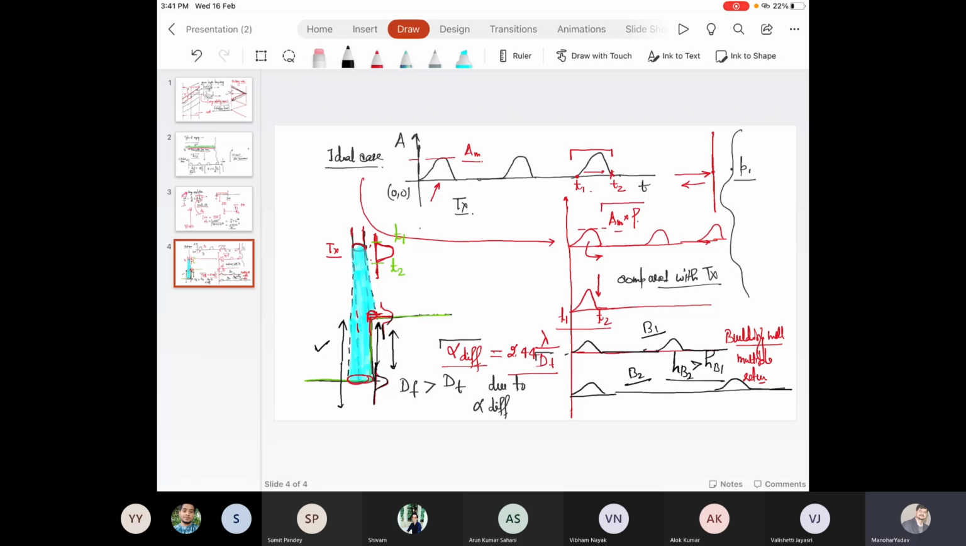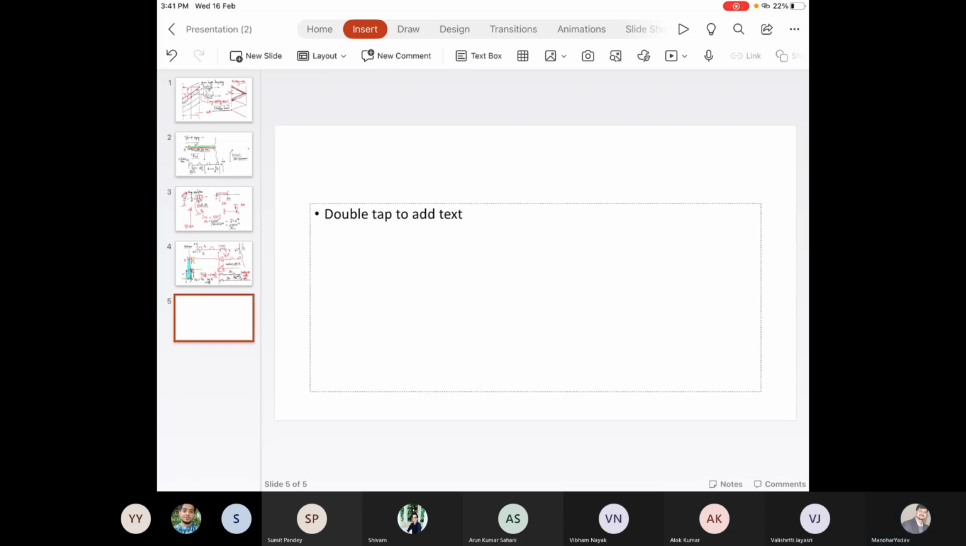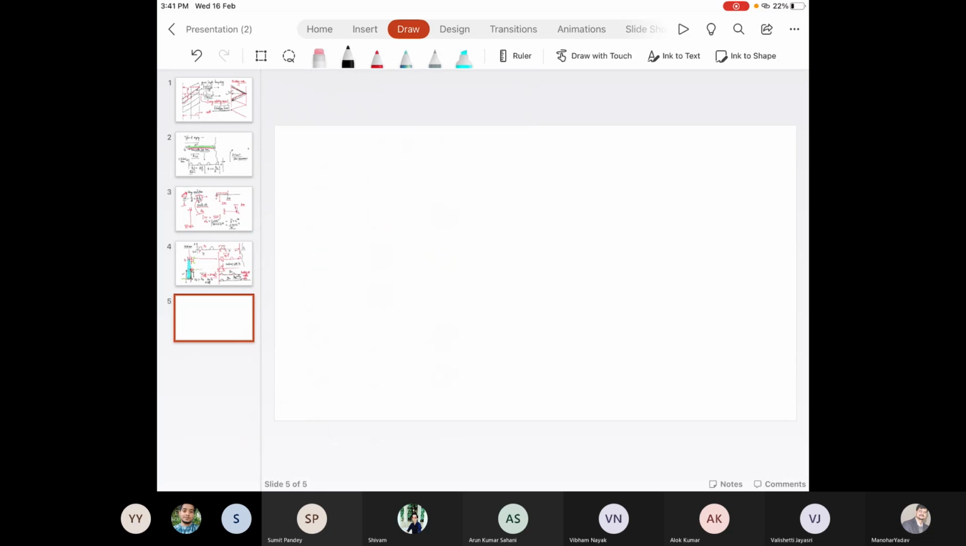Fine. Now the next case. Let me add a new slide. Laser source, transmitted laser pulse. Now this is an inclined surface. Again, interaction T2 and T1. From T1 pulse start, T2 pulse end. What kind of return we get? If we make it